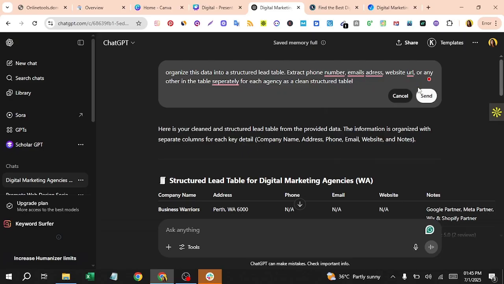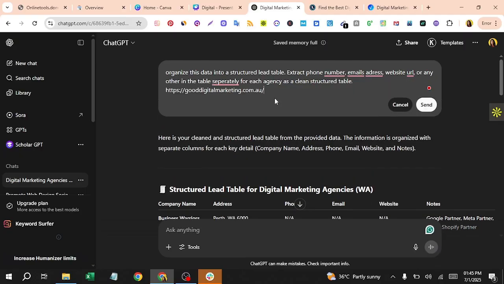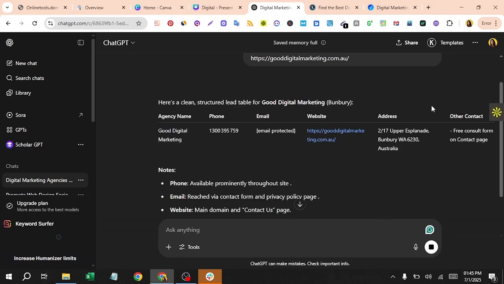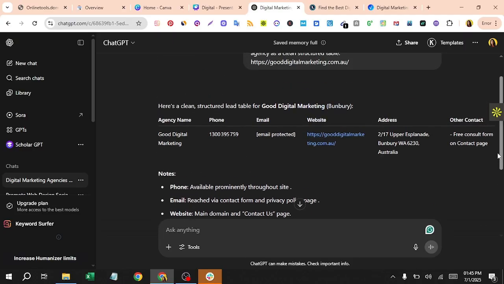Let's see if this works, because this is more of a manual work, right? Because we are not using any paid tools for this. Here you can see, put each and every website link in. Provide each website link to ChatGPT or any AI tool.